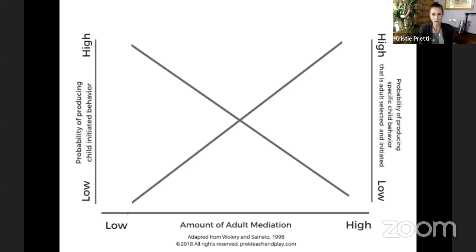The crossbar is going from the bottom bar, goes from left to right. So from left to right is what we call adult mediation. I sometimes call this effort, precision, how much you're just kind of blowing in the wind and planning, and how much you just kind of let it go. Okay. So if you're in the low, this is sort of like I put the toy or the